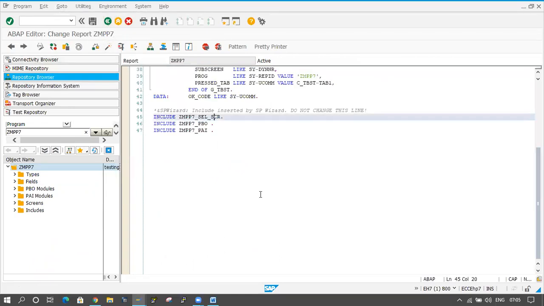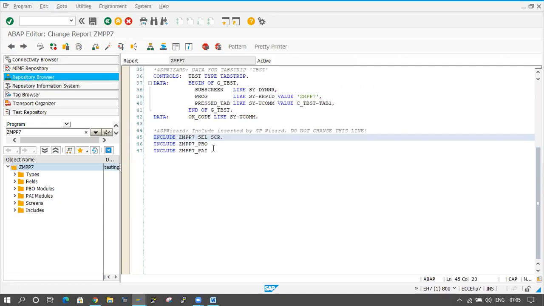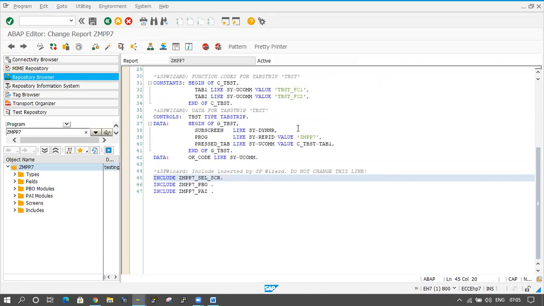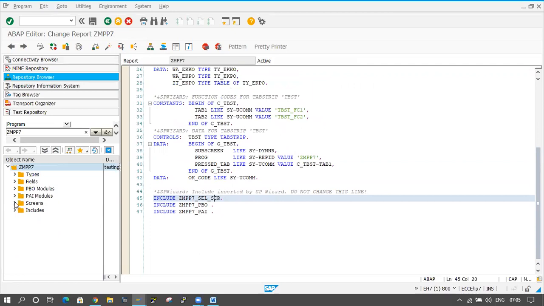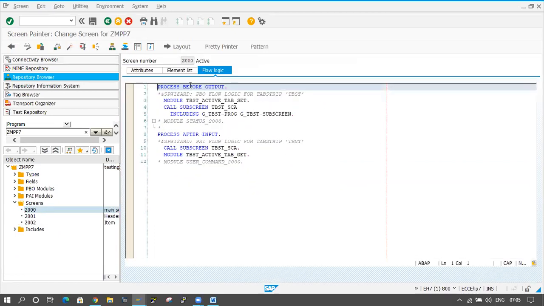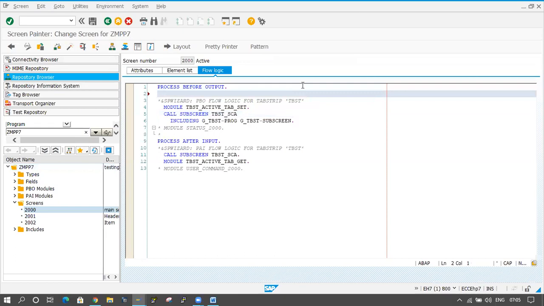And now I have to link this 2003 to the subscreen area, right? So go to the 2000 screen. In the 2000 screen I have to call the subscreen, right? So here I am writing call subscreen. This is the standard code, automatically the code is coming here.